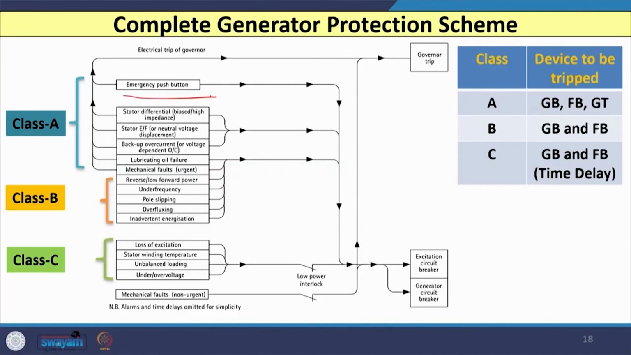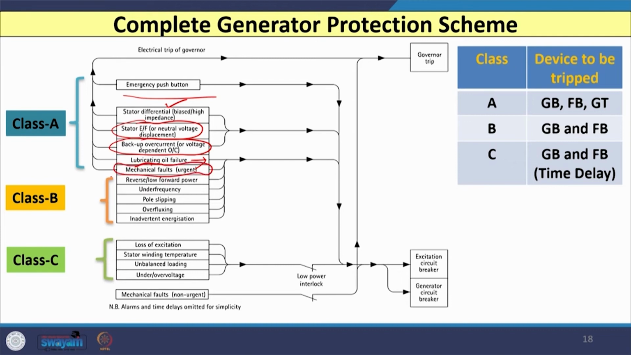Normally, whenever any fault or abnormal condition occurs in the generator, three types of tripping are initiated, known as class A trip, class B trip and class C trip. Class A trip is initiated when the emergency push button is pressed, in case of differential relay operation, earth fault, backup overcurrent or voltage restrained or voltage controlled relay operation,